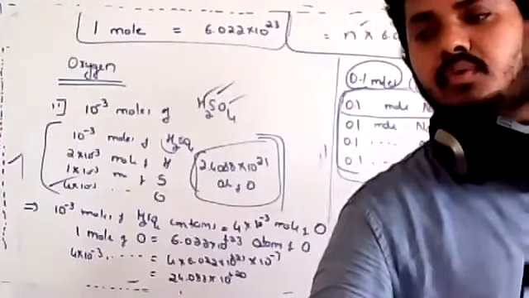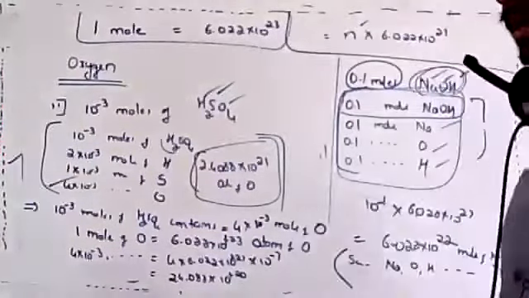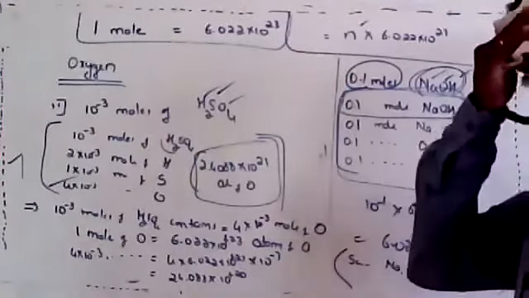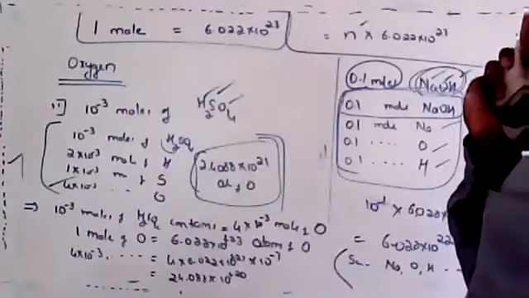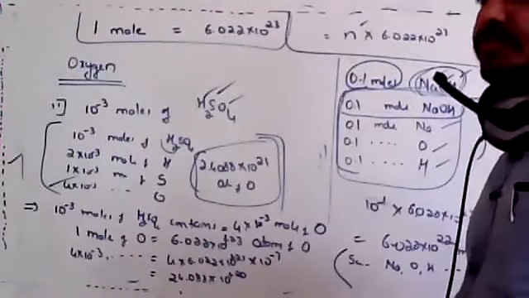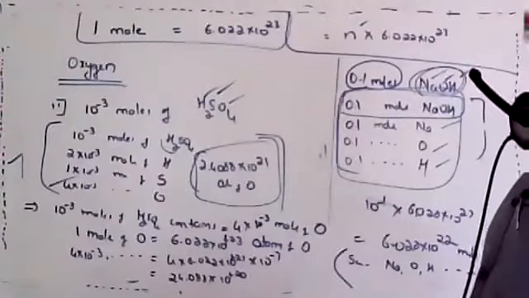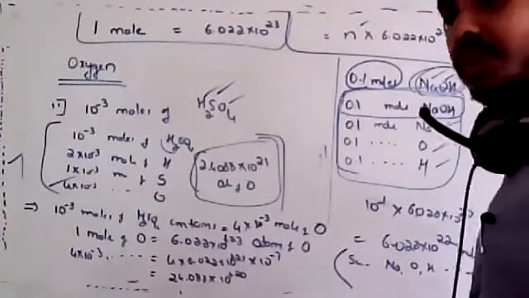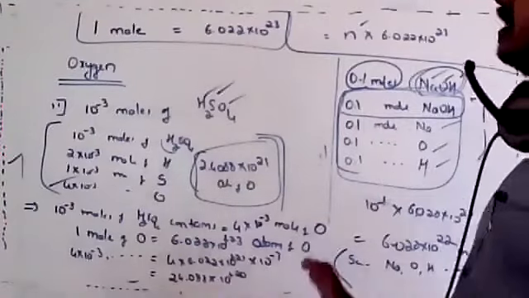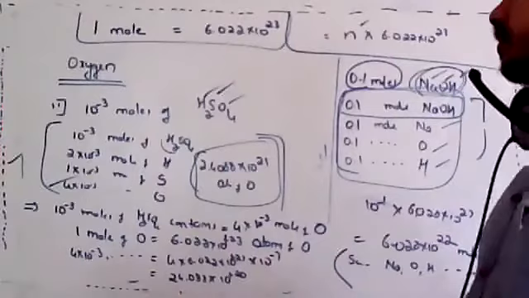Okay, Pawan, there is nothing like that. It would be better if you express it in scientific notation, because you learned this in this chapter. When they ask, it's better to express in scientific notation. There is no such rule that you have to. If they mention that you have to express in scientific notation, you can. Otherwise, there is no need.